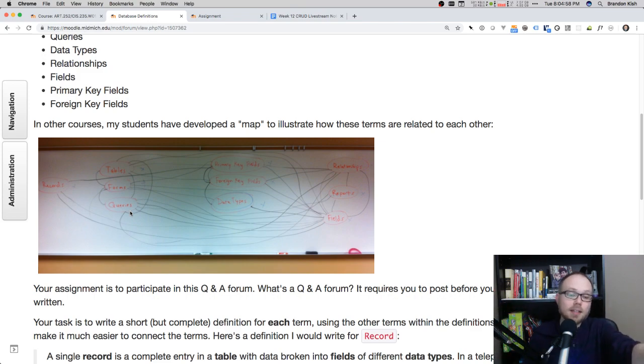And by the end of the night, and by the end of this activity, you're going to see how everything is interconnected. It's one of my favorite activities to do in class, and I hope this goes well online. In order for you to see what other people have written, you have to reply with your own definition first. And then, I don't know if it's immediate, it might be the next day in Moodle, or the next time you log in to Moodle, it'll show you what other students have written for their definitions.